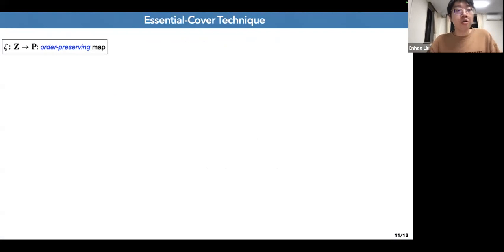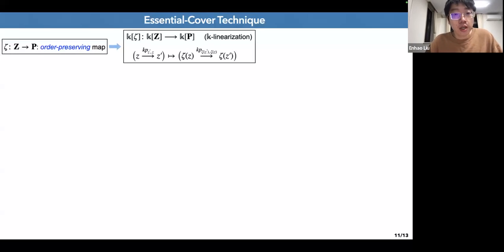So now, as we can see, some information of morphisms in P is redundant or not necessary to compute the interval multiplicity. So we want to find some more essential morphisms, or some essential poset which can compute the interval multiplicity. So this is the idea. To achieve this idea, first we take some order preserving map zeta, say from Z to P. And again, this is formalization. For this order preserving map, we can do the linearization. So it induces some